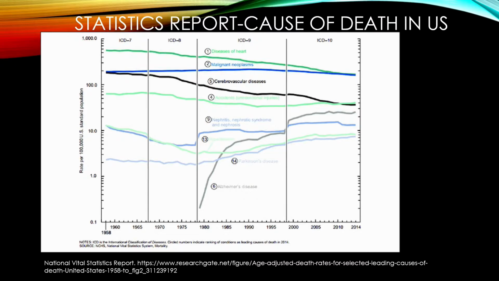And if we keep counting, this line is what I want us to concentrate on. It begins right at the bottom of the graph, and it keeps going higher and higher, and right now it's at number 6. And that is Alzheimer's. So somewhere in 1940 is where it starts, and it's really insignificant to begin with, and then you start to see it rise, and it's risen to number 6. It's now the 6th cause of death in the United States. Why that rise?